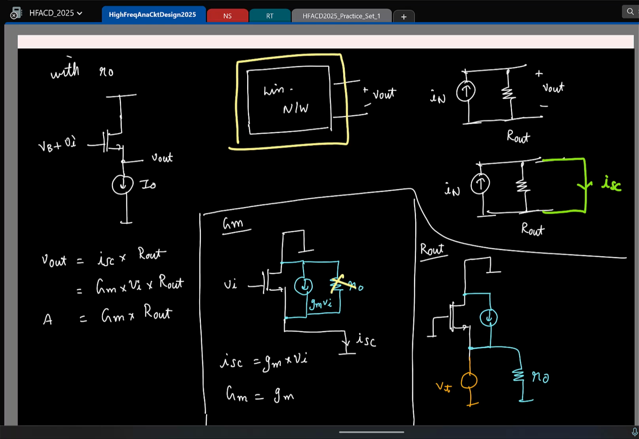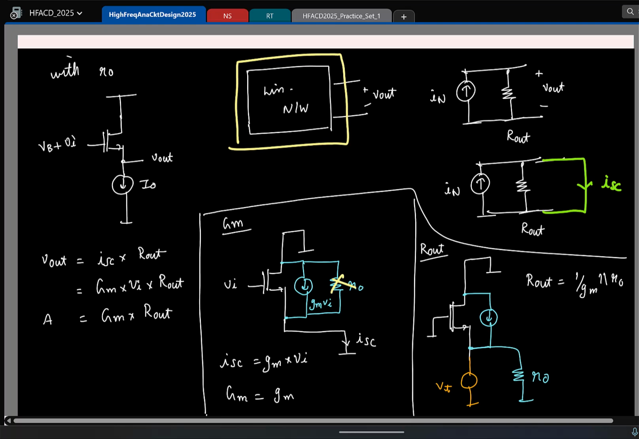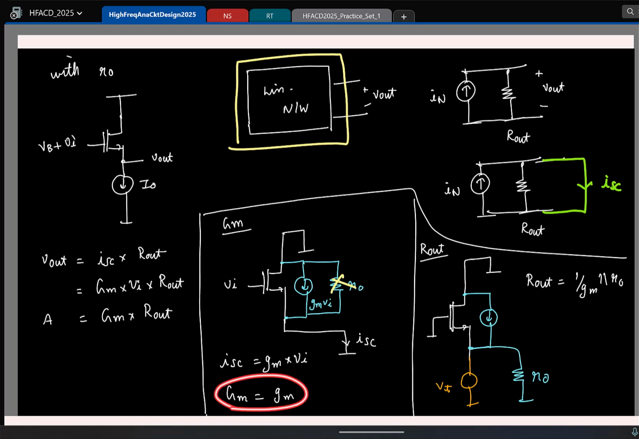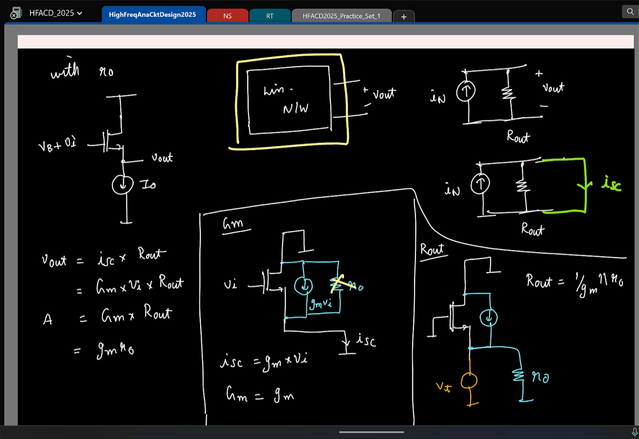So now tell me, what do you think is the output resistance? Remember, when I didn't have R0, when I just had this, what was the output resistance here? 1 by Gm. Now it looks like R0 is put in parallel, so R out is 1 by Gm parallel R0. That's all. So now we can find the overall gain by taking the product of this capital Gm and R out. Again, you can do it and you'll find that this is Gm times R0 by